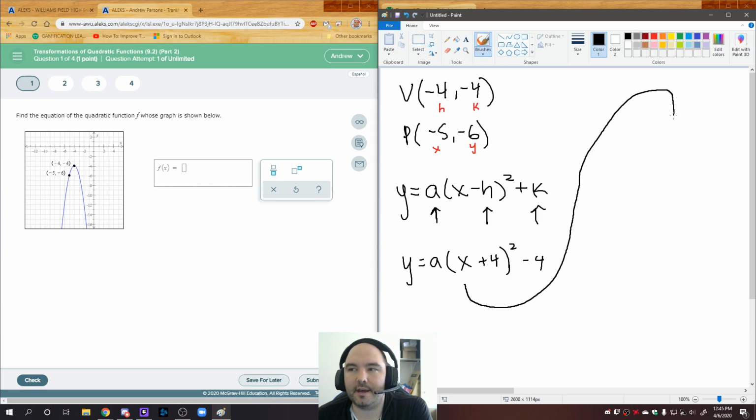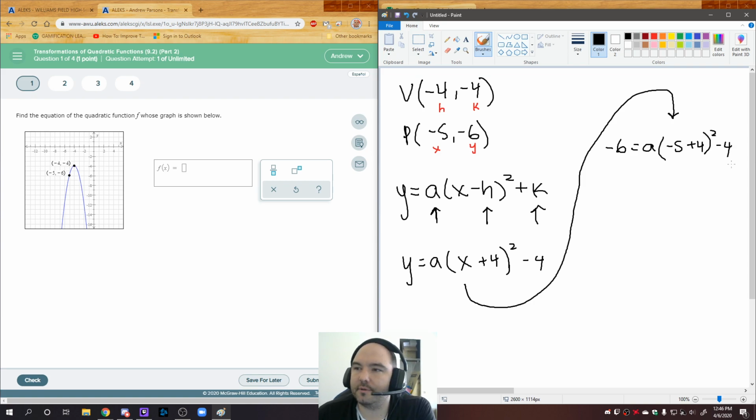Well, you can't do that with all these other letters. Like, you can't solve an equation with 3 kinds of letters in it. So we need to do something about x and y. Well, that's what I mentioned this up here for. The p has an x value and a y value, so you're actually allowed to replace x and y with those values. So y becomes -6, x becomes -5,